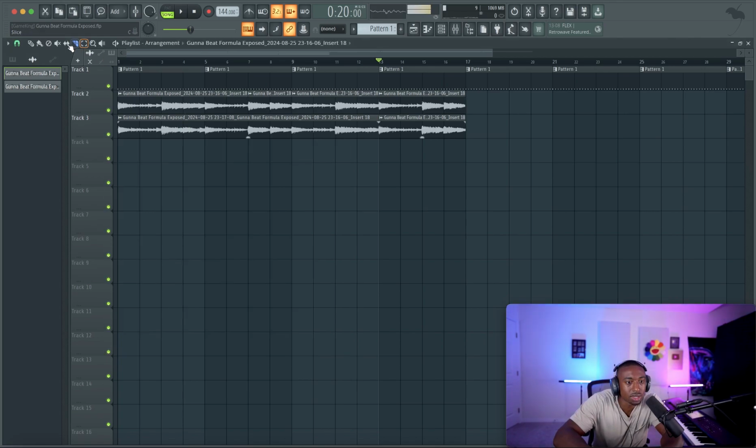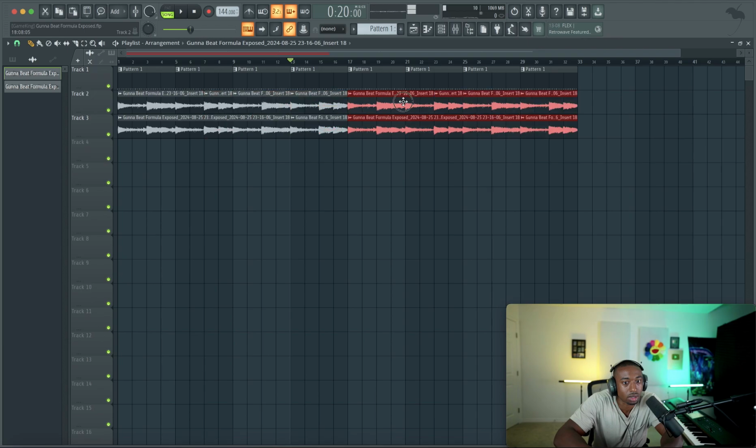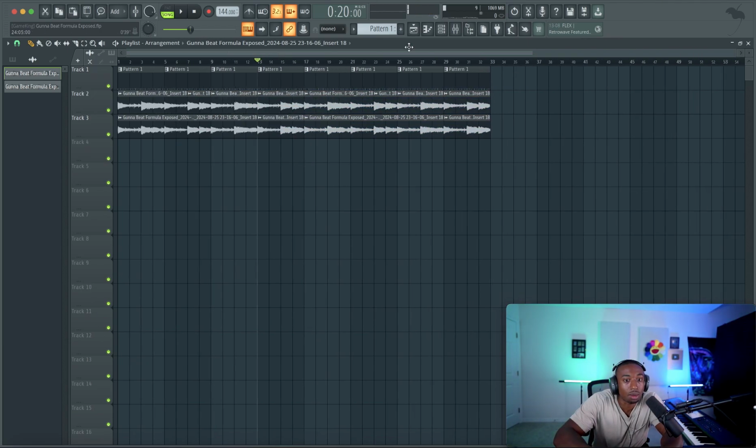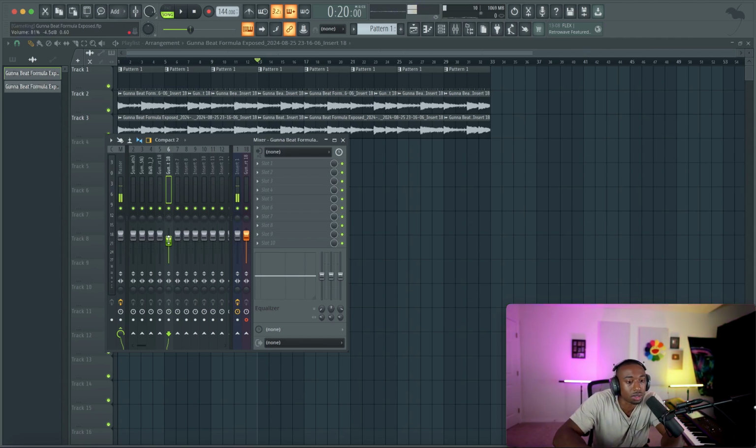So again, little things that in Ableton we can lock into the grid. In FL, it's not as easy. So I'm not gonna sit here and stop the entire beat over that small thing. You guys got to know when to keep stuff moving, because it'll kill your whole creative vibe if you over-obsess about stuff.